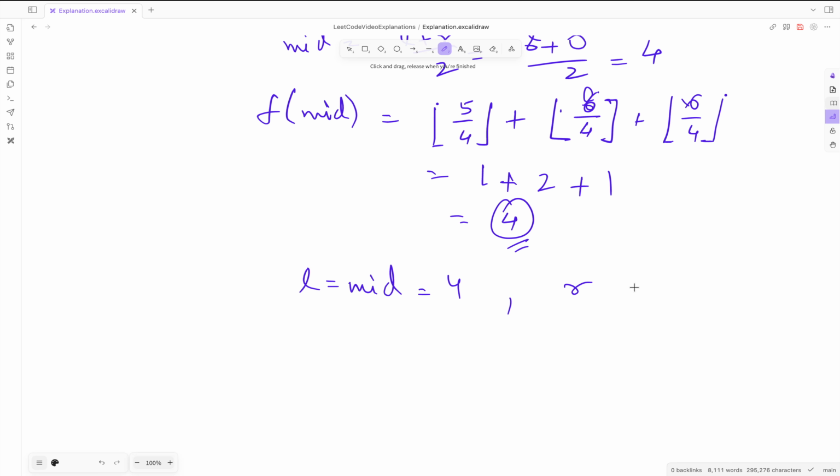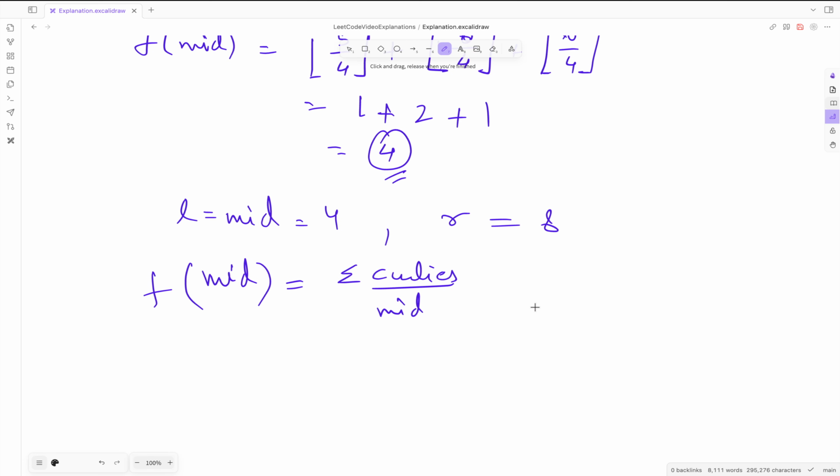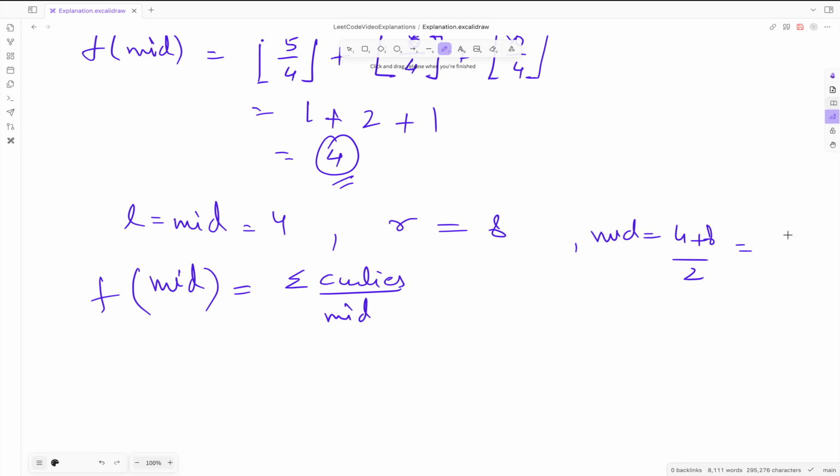And for the next iteration we have r equals 8, and similarly we'll do the operation one more time. So this time we'll have the mid, the summation of candies divided by the same number of candies, which is a function, and the mid value we calculate would be (4 plus 8) by 2. This will give me 6,